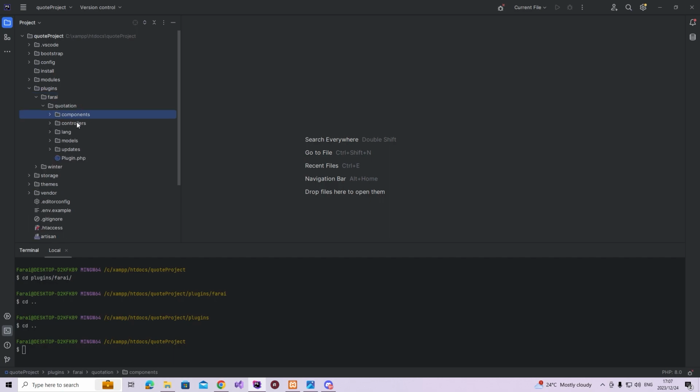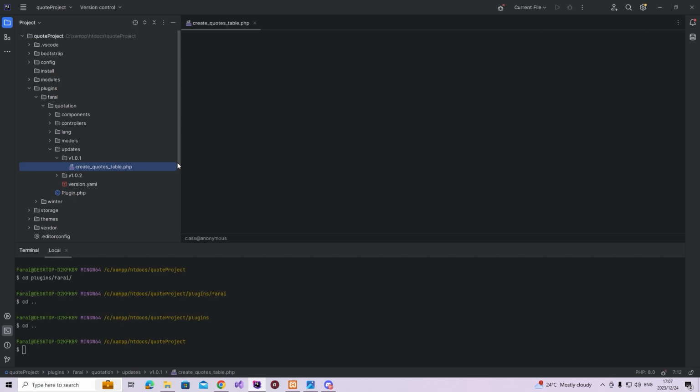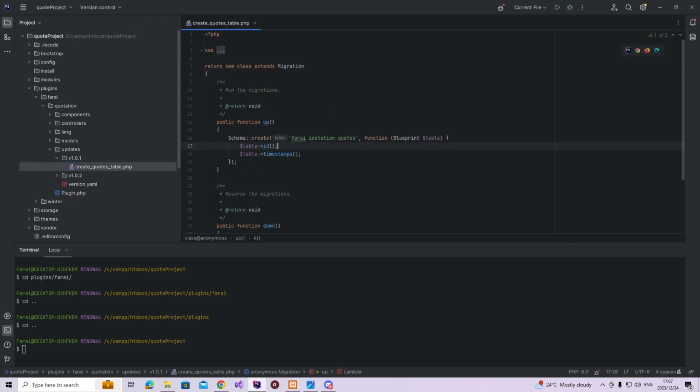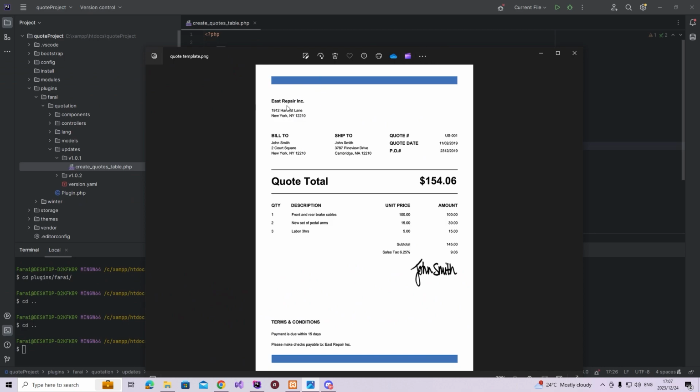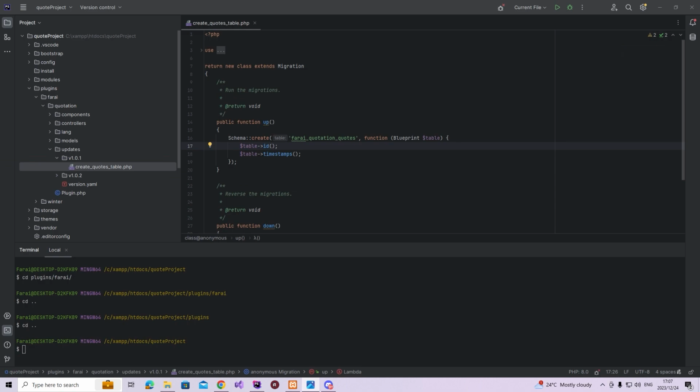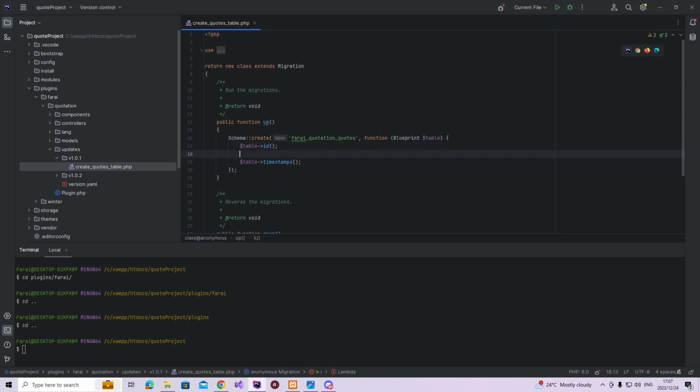Quotation. Okay, the next thing is we're going to create the migrations for that. So let's look at this document again. We have, for the actual quote, the address, bill to, ship to, quote number, quote date, PO. So these are the things that we need to add here. So the first thing I'm going to do is add all those things that we saw there. So the first thing I'm going to add is table, text, and then in there I'm going to add the